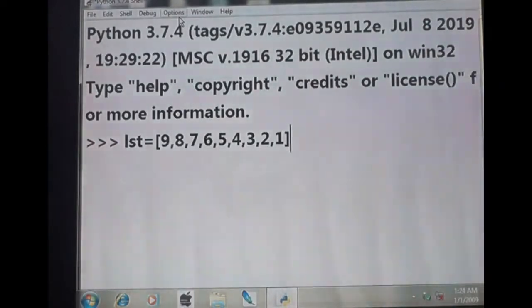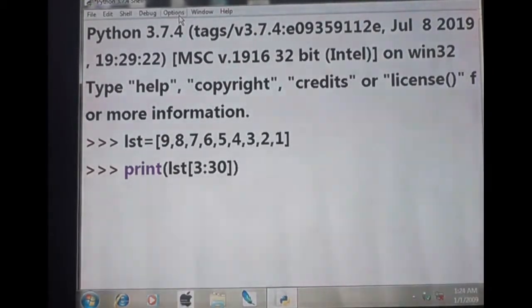Okay, fine. Then print list of 3 is to 30.